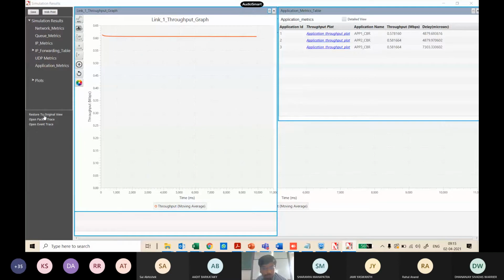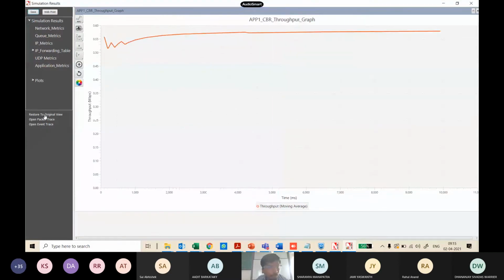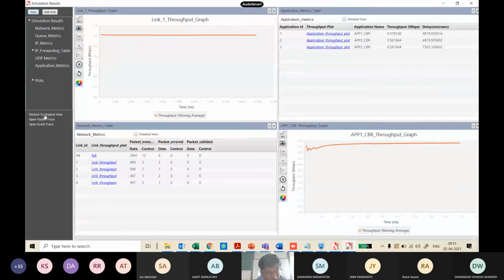So what are all these multiple windows that you see here? One is related to the network level; if you want to know the metrics, a network metrics window comes in. At the application level, where you want to note down all the metrics values, the application metrics table comes in. This application metrics table is what is of concern to us. You have to note down the values, right?